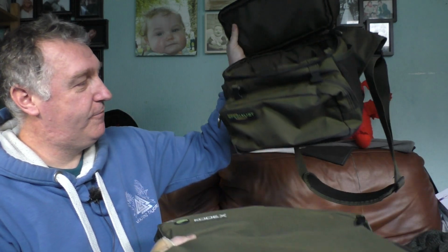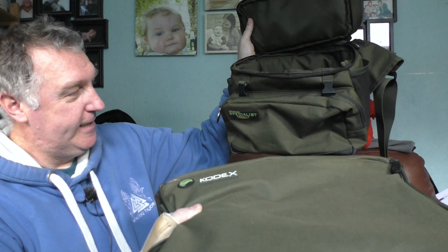Right then, so there we go, both really good bags. Which one would I pick if I could only buy one? I'm not entirely sure. I mean, they're both really good bags, and I've used them both for a while, and I can't fault them at all. I think if push came to shove, the winner would be the Drennan Specialist for me, purely because, bizarrely, it